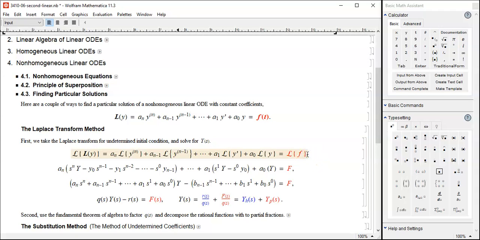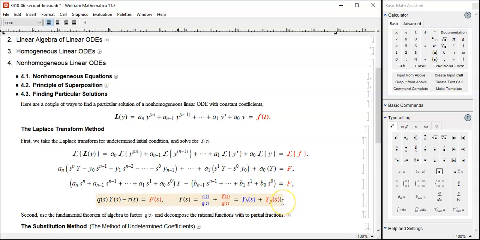The Laplace transform of left-hand side and right-hand side. And the right-hand side, f becomes capital F, all right? In the left-hand side, by the input derivative rules, we have all these and take the like terms together. We have done this before in chapter 2. What do you get? You have q of s, a characteristic polynomial times y, and then a polynomial of degree at most n minus 1. Let us name them as q of s and r of s, like this over here. And then flip over r of s and divide by q. What do you get? We have r over q, the homogeneous part, and capital F over q,